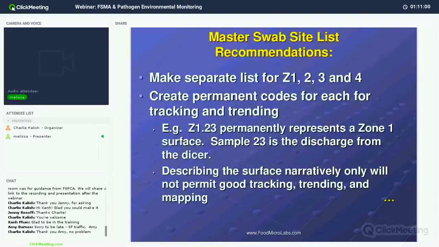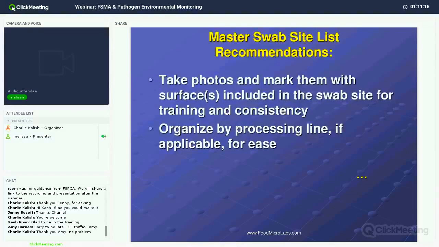So not only where they occur and when they occur, but when they recur and how often they recur and at what rate, at what sites, that might indicate that there's a harborage condition or something that's going to cause contamination to hang somewhere. And so it's really important for us to understand very clearly